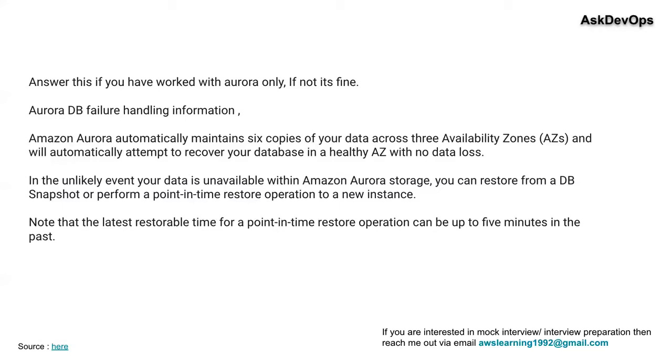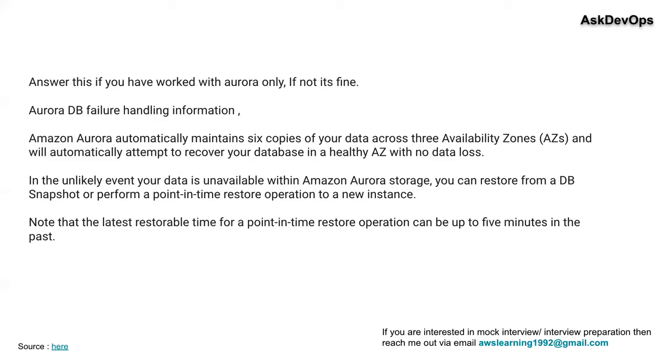Aurora is a serverless database, and currently in our projects, we have a few of them running, both in staging and live. The reason why we have shifted to Aurora is because it is completely maintained by AWS and offers us a lot of support in terms of configuration, management, scalability, and disaster recovery. Aurora database failures, which you also stressed upon, are completely handled by AWS because at any given point of time, Aurora automatically maintains 6 copies of the data across the availability zones